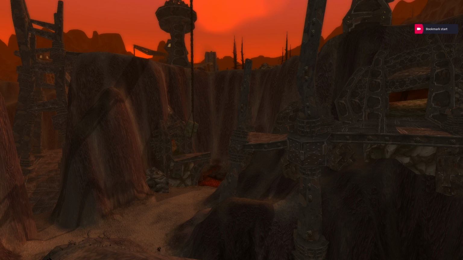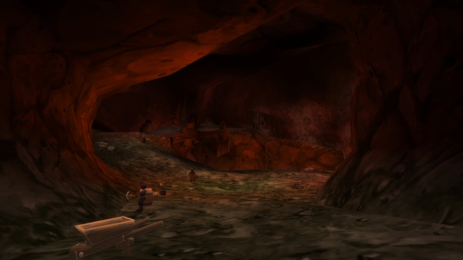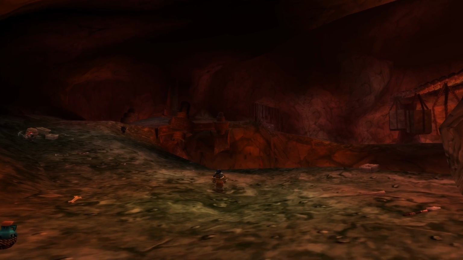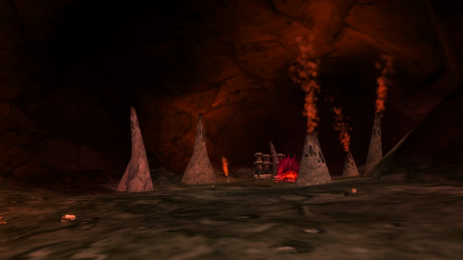Number 2 on this list, and this might be the most intimidating cave on this entire list, is the Slag Pit that's located inside the Cauldron within Searing Gorge. And why is this place so intimidating? I mean, first of all, it's littered with mobs. All types of mobs, from dark iron dwarves to these little dragon, I forget what these are called,